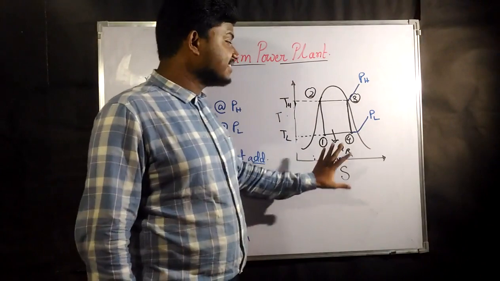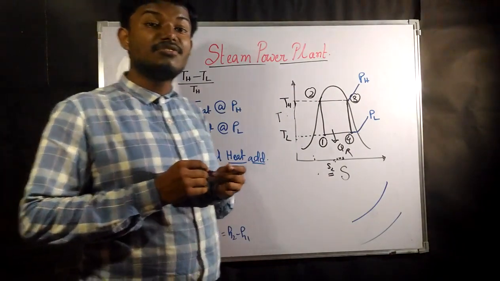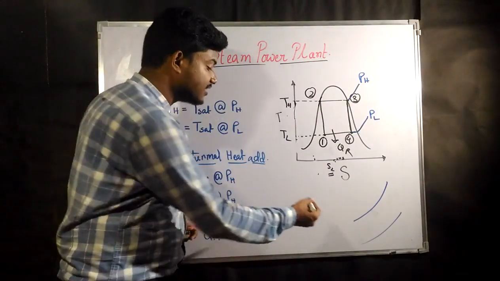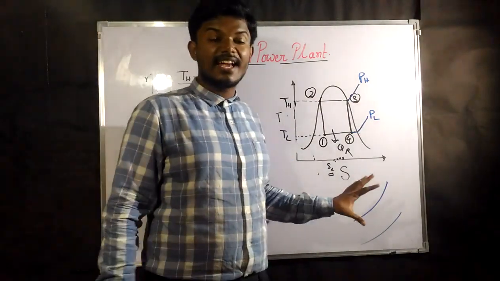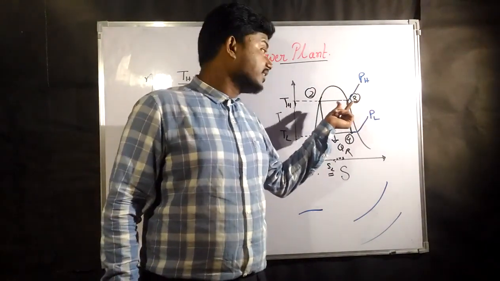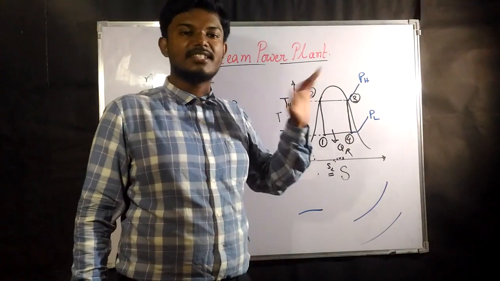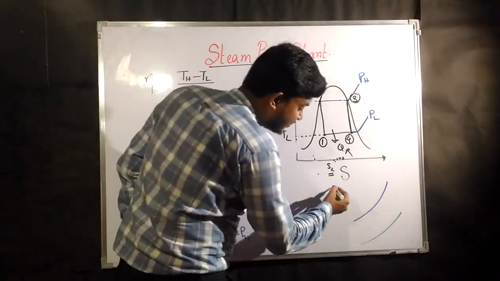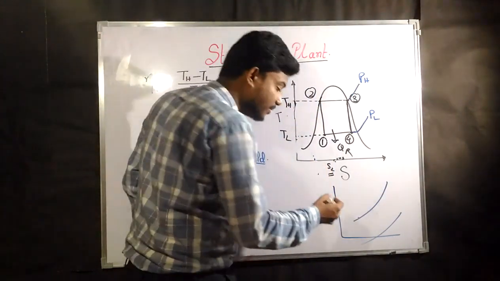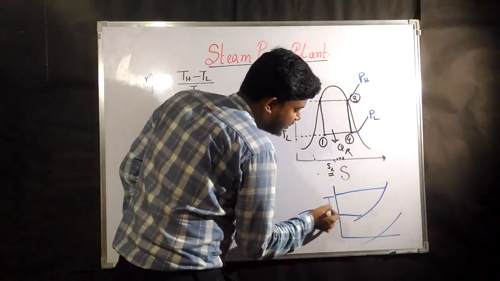As we all know, in a TS diagram, the constant pressure line always comes like this. This is for air. Inside the vapor dome, the constant pressure line would be different, because in a TS diagram, even if the pressure is constant, the temperature is going to stay the same inside the vapor dome. In every other case, with constant pressure, heat addition or heat rejection takes place, and the temperature increases by this amount.